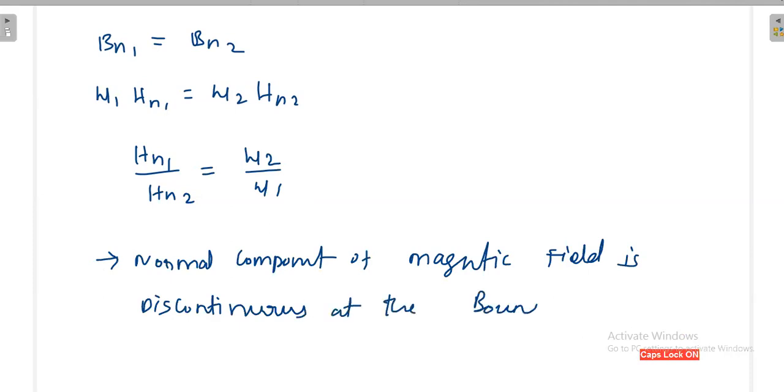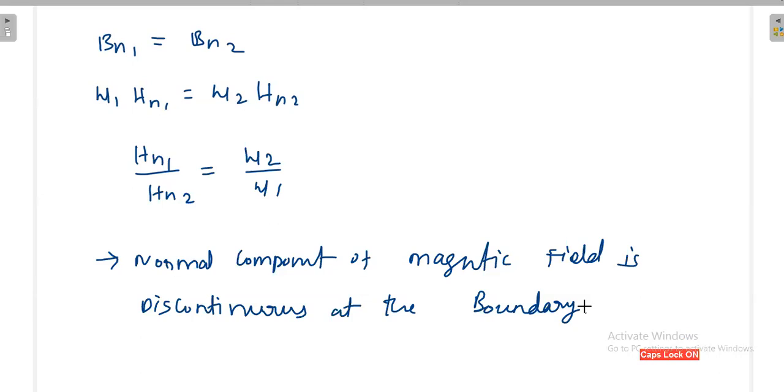Okay, this electric field boundary condition and magnetic field boundary condition may be something confusing, but finally I will give you the conclusion, a table. With the table you can answer any question. No worry, we are just deriving, as usual, that is given in the textbook. Finally I will give you the conclusion, the boundary conditions for both electric field and magnetic field as a table, then it will be clear to you.